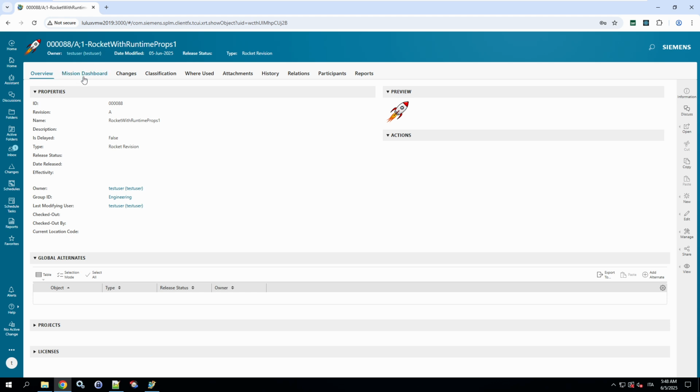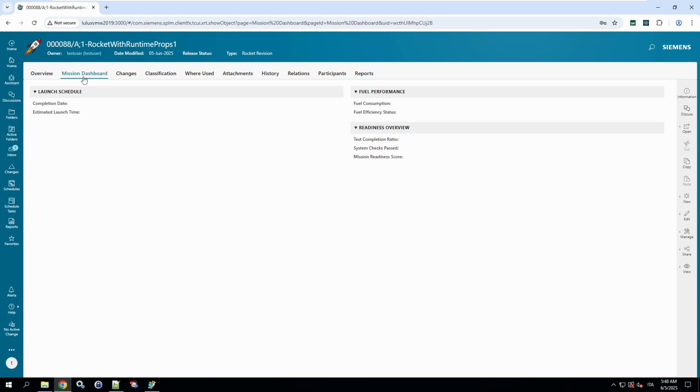Head to the Mission Dashboard tab. Here, our runtime properties are displayed in 3 sections: Launch Schedule, Fuel Performance, and Readiness Overview. Click Edit and set these values.